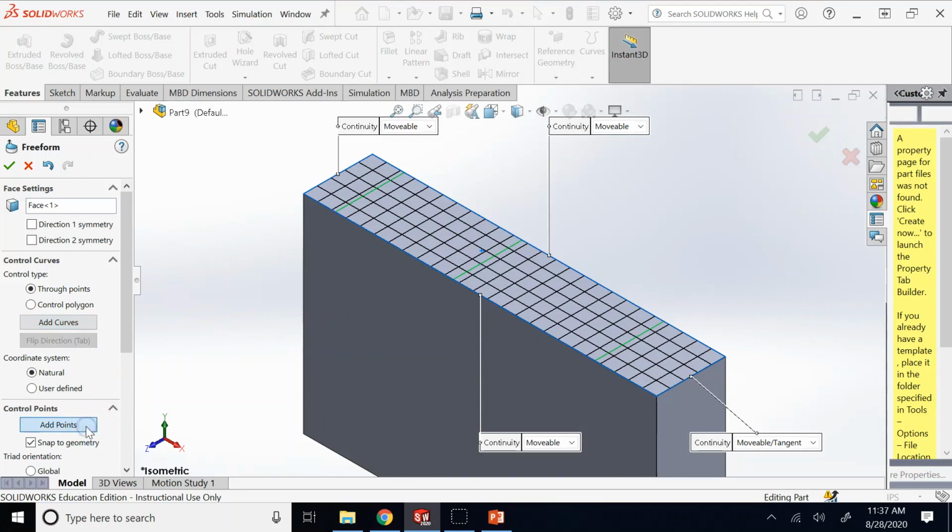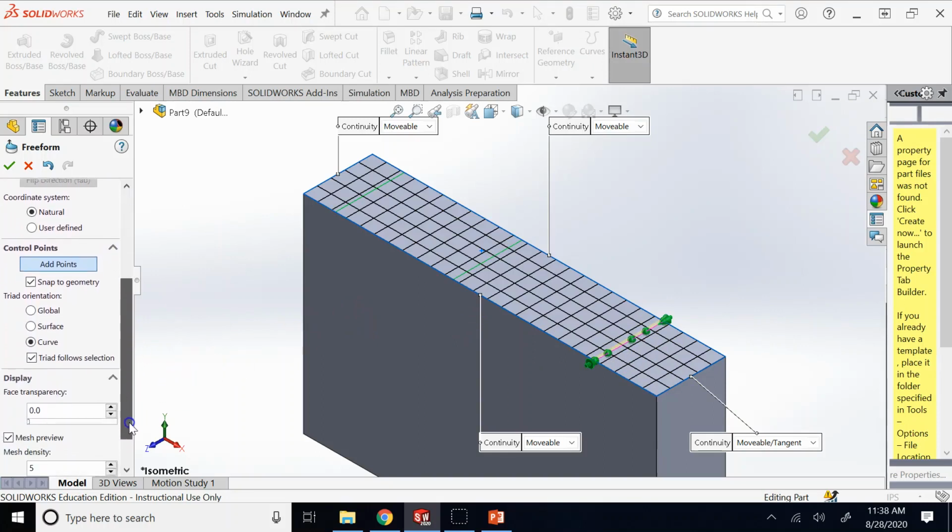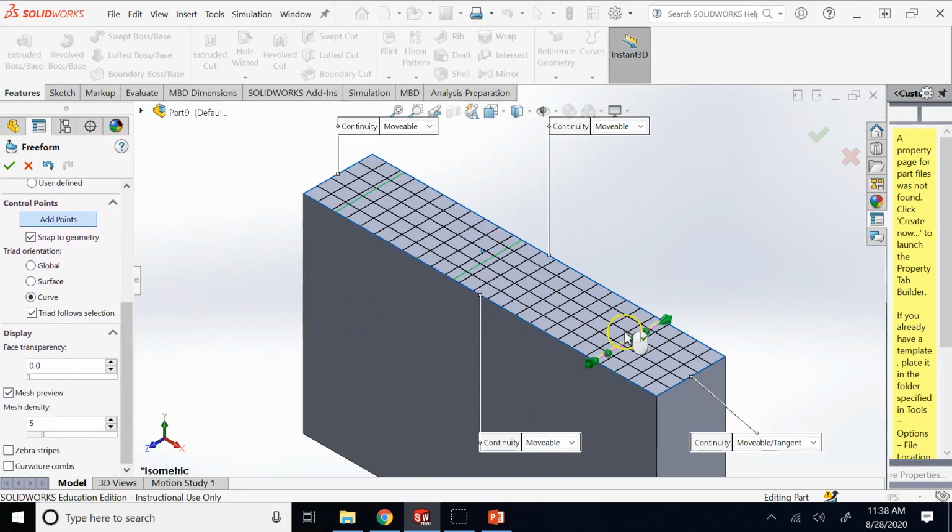Then you can add points on these curves, right? So I can have one point here, one point there, and then here, here, here, then here, here, here. Each one of these points you should be allowed to move. Okay,